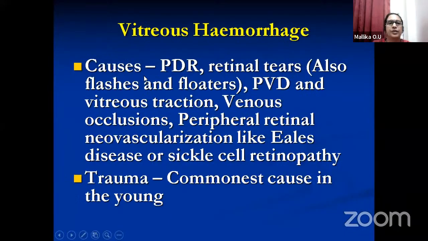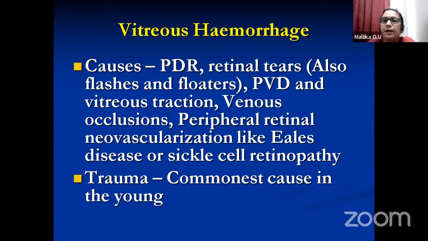So the causes of vitreous hemorrhage include, vitreous hemorrhage is another cause for sudden loss of vision. The causes of vitreous hemorrhage can be asked as a short note. Vitreous hemorrhage can be asked as a short note. So the vitreous hemorrhage clinical feature is the patient presents with a sudden loss of vision, and usually on external examination, the